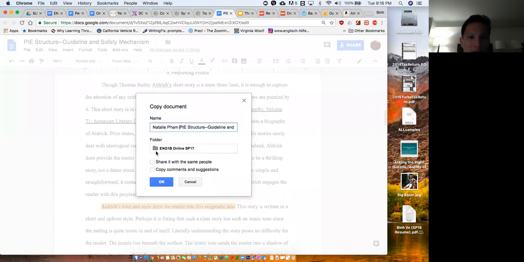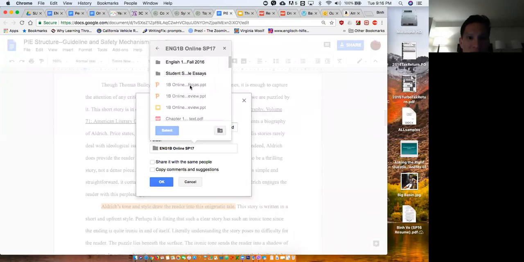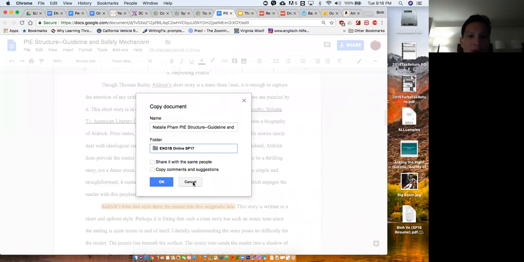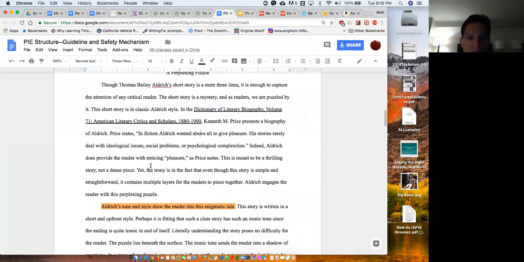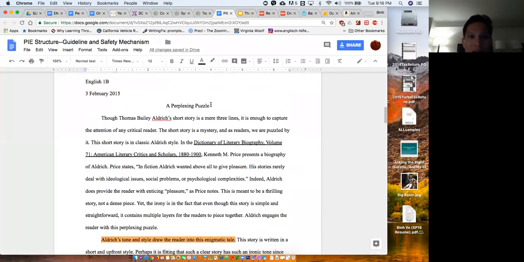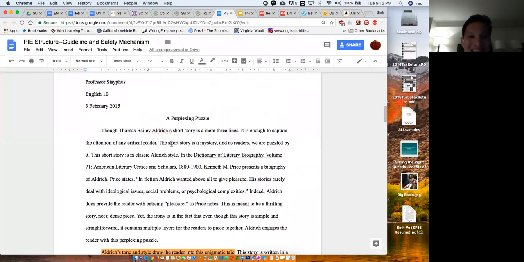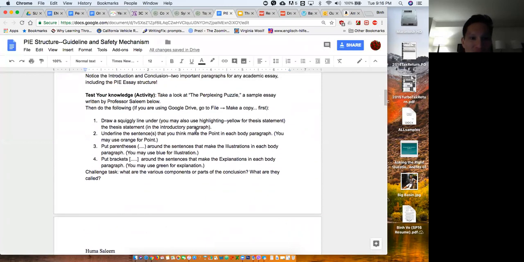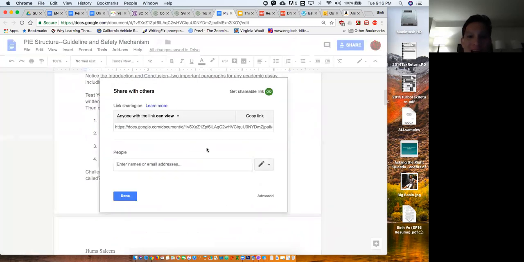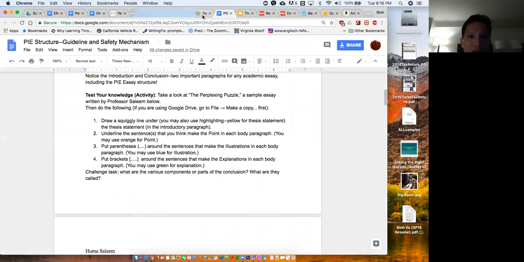And then you put it in the correct folder, wherever you want it to be. And you click OK, and that will generate your own copy so that you can edit your own copy. Once you are done with this portion of the test your knowledge activity, you go to share, and you click the shareable link here. You copy that, and then you go over to the